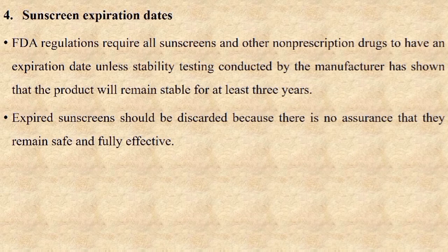Sunscreen expiration dates. FDA regulations require all sunscreens and other non prescription drugs to have an expiration date unless stability testing conducted by the manufacturer has shown that the product will remain stable for at least 3 years. That means a sunscreen product that does not have an expiration date should be considered expired 3 years after the purchase. To make sure that your sunscreen is providing the sun protection promised in its labeling, the FDA recommends that